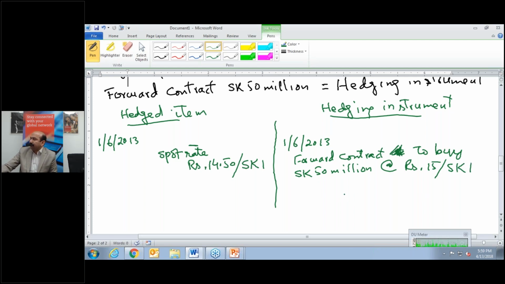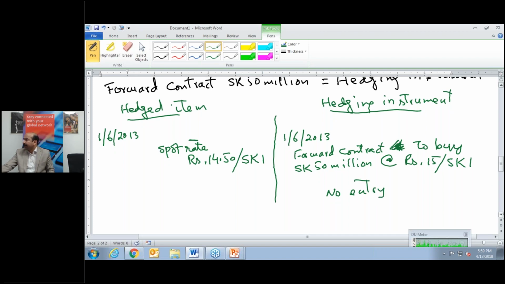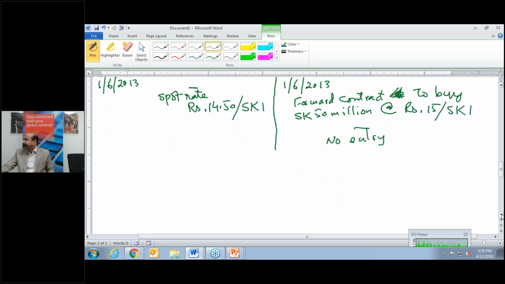So no entry will be made, though this is your transaction and part of your accounting record, because initially no cost is involved. In fact, no cost is involved while you enter into a forward contract. So no entry here on this date for the forward contract. Okay. Subsequently